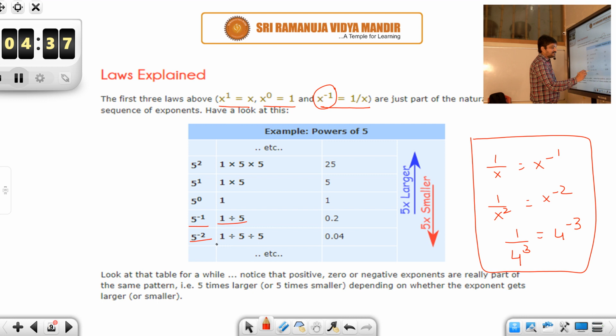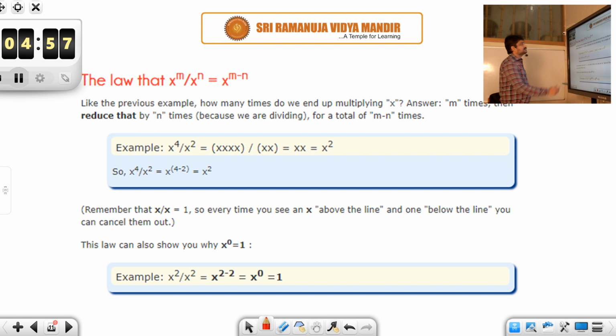And we have learned this law: x power m times x power n is equal to x power m plus n. Okay, so that is, when the bases are same, if you are multiplying two numbers with the same base, then their exponents would get added up. And whenever you are dividing two numbers with the same base, then simply you need to subtract their exponents. The base would remain the same, okay, that is x power 4 by x square. So this is equivalent to x power 4 minus 2. Simply you need to subtract their exponents.